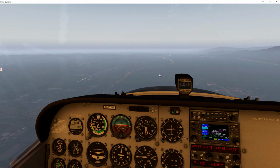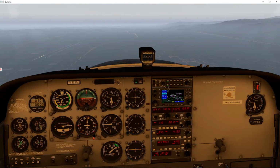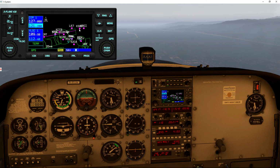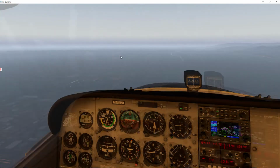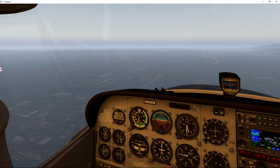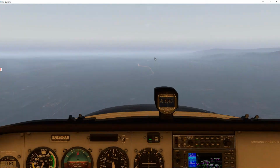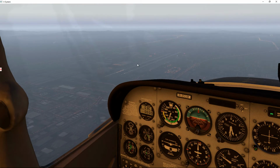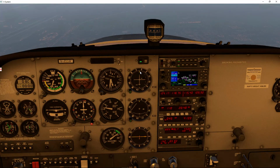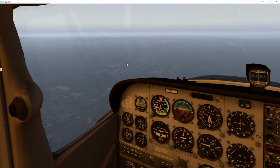So one thing we could have done for this flight, actually, looking at this, rather than going through the Charlie, we could have flown north and then flown around the Charlie. But the idea of this exercise and these cat ratings is to perform these tasks, to enter an area of which the minimum altitude is 13,000, so that you can become familiar with the procedures, the radio communications, everything else that is required in order to